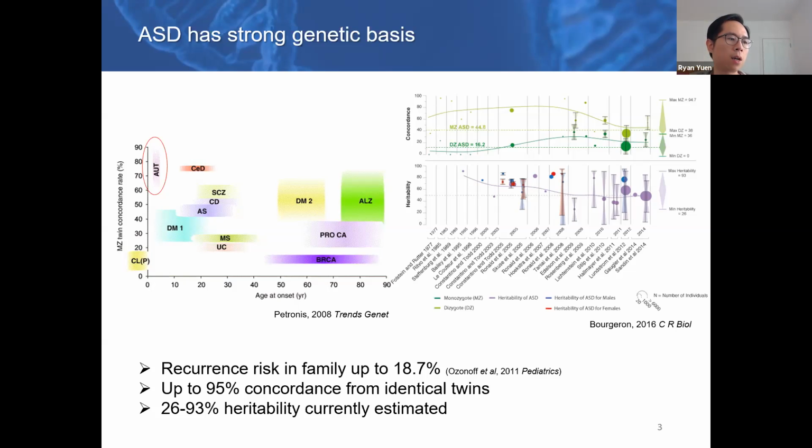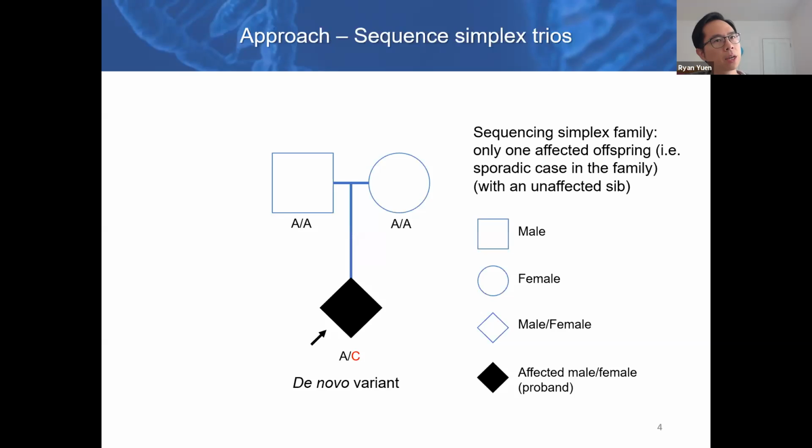And so geneticists or people working on autism would be mostly interested to see what are the underlying genetics that could be responsible for the disorder. There are quite a lot of large-scale studies done back in the early days with linkage or genome-wide association studies. But most of them are not very successful, and it's mostly because of the heterogeneous nature of the disorder. And so more recently, I would say within this decade of the development of next generation sequencing, people